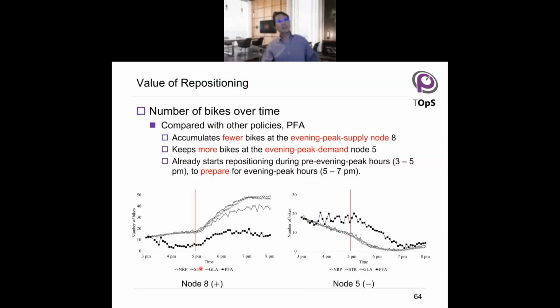And this is from the time view. We look at two nodes. Node 8 represents an evening peak supply node, and node 5